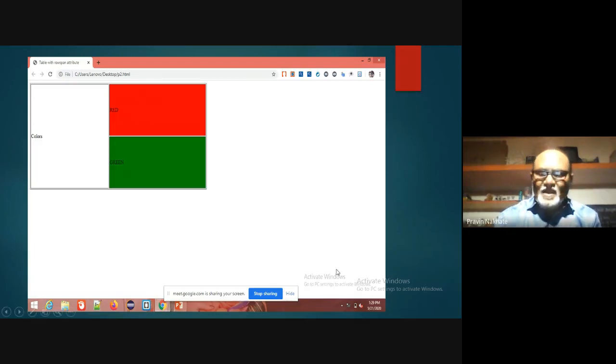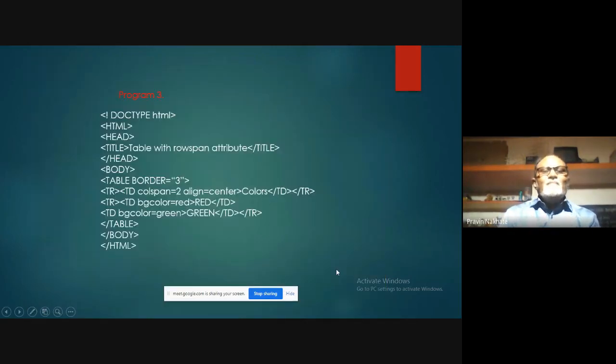Now, in this way, we will learn about the colspan attribute in program 3. Here also we have used the colspan attribute with the value 2, and the align attribute with the value center. That means this text will be displayed center aligned by spanning the columns. So how will this program's output be displayed?